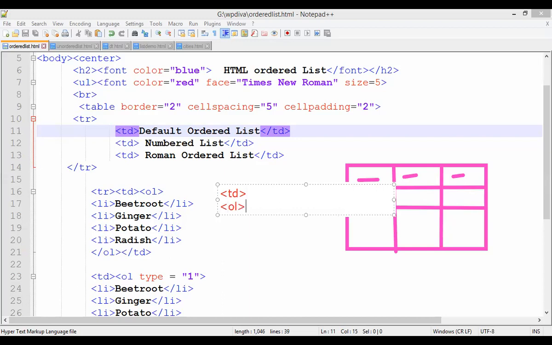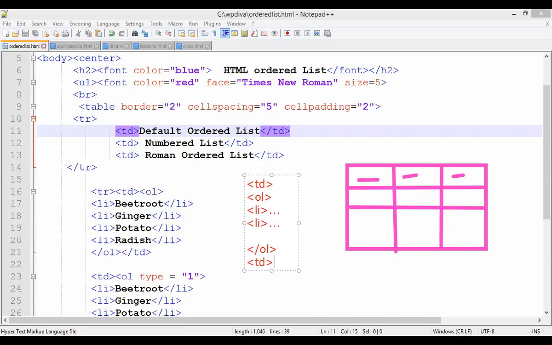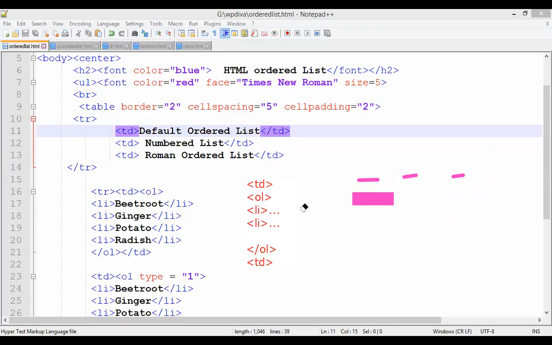Okay, in an ordered list, you can add as many items as you want. So this is a first list. Similarly, you can add the second list. So in this way, you can keep on adding the total number of lists that you want, right? And then what you have to do, you have to close that cell. Okay, so where are we going to implement that, guys? Where you are going to implement this code? So in this portion, you are going to implement the entire code. Is it clear? You are going to implement the code in this portion, right? That is the second row.